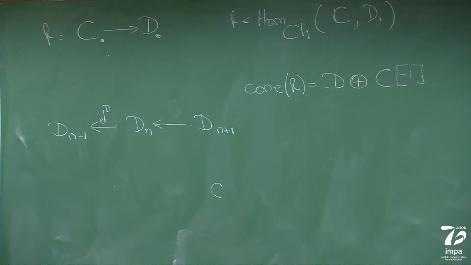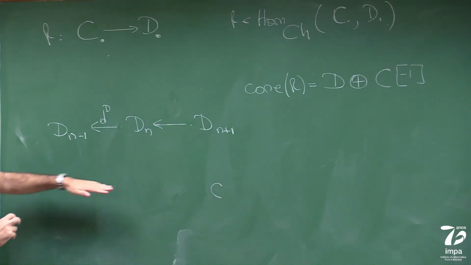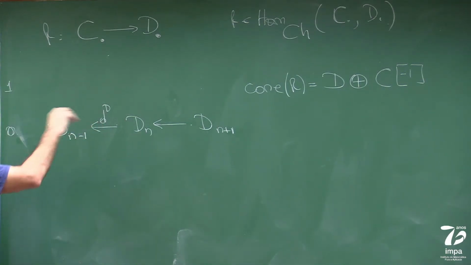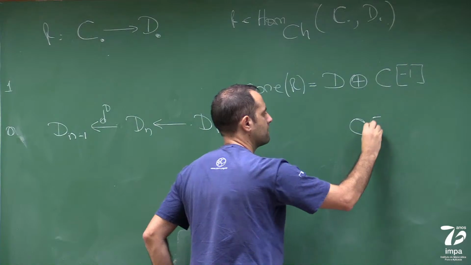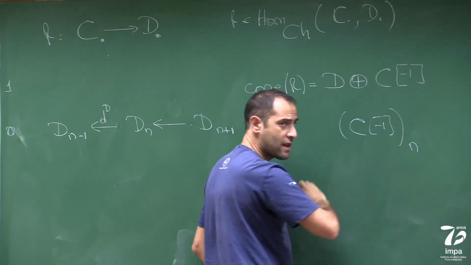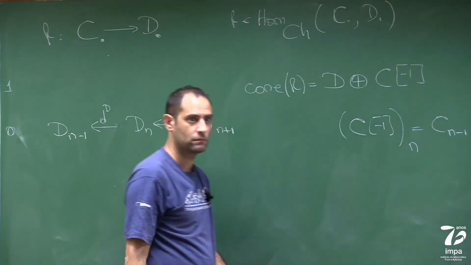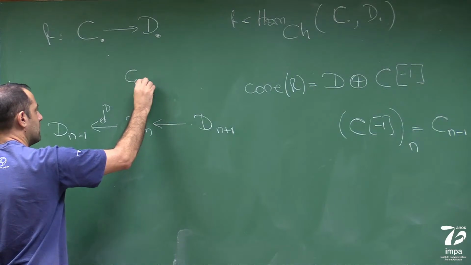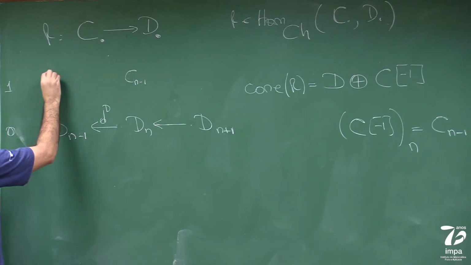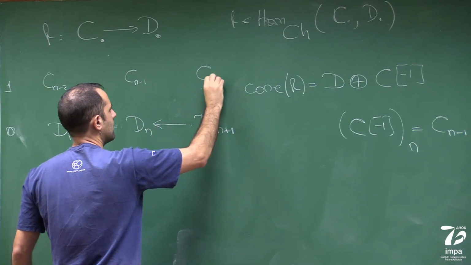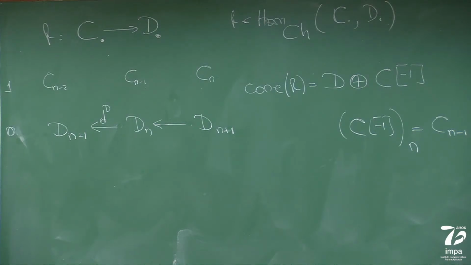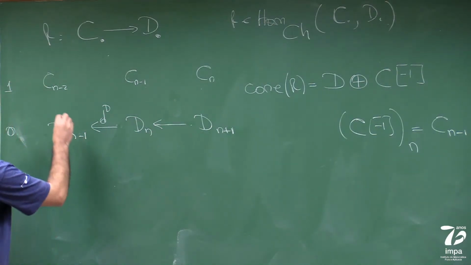So what I'll do is I'll put this guy in row 1. So I'm going to have rows probably this way. This guy I'm going to have in row 0. And in row 1, I'm going to put C shifted by -1. So C shifted by -1, remember that this meant that in the column n, I need to put Cn minus 1. So in this column, what's going to come here is going to be Cn minus 1. So here I should put a Cn minus 2. And here I should put a Cn. Okay? And then the sum of these things is going to be my